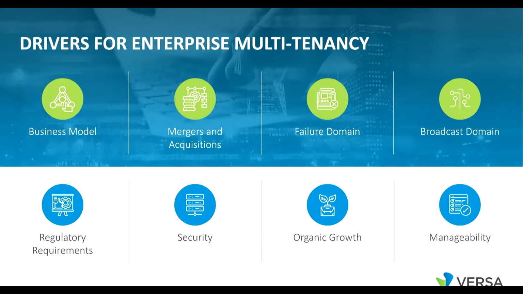Security being first and foremost, obviously we want to protect our customers' information as well as the intellectual property of the individual companies. And then obviously risk management and failure domains, right? We want to make sure that we can segment the network and have impacts to parts of the network that we know are going to fail, but not have a total outage across the entire enterprise. So for these reasons, we know that segmentation and multi-tenancy becomes an important architecture and use case to help provide scalability and stability to the enterprise.